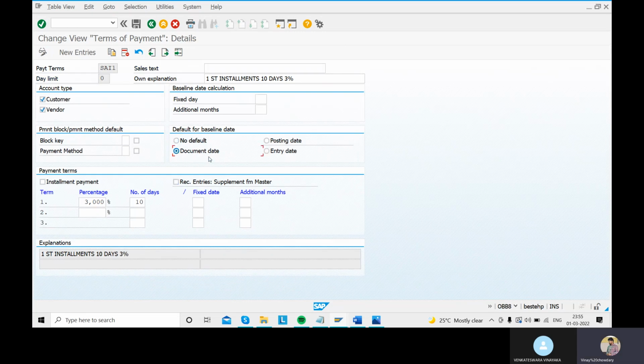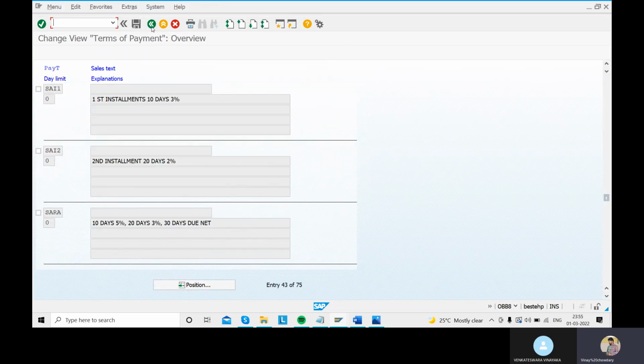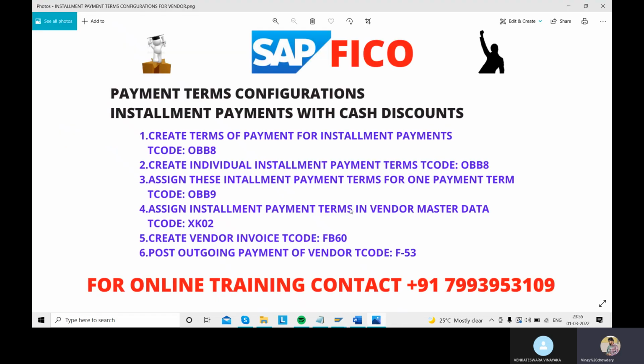Okay, so in the default for baseline date I didn't take document date. Okay, then go to the save button and save it. The data was already saved. Okay, then we can just see how to create